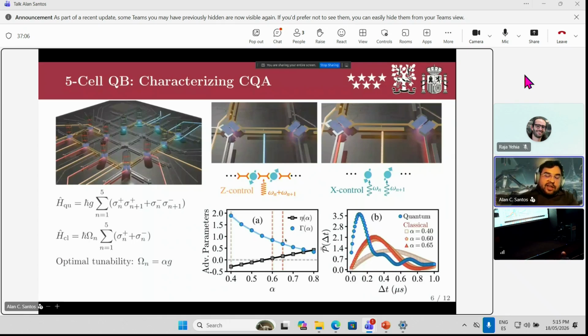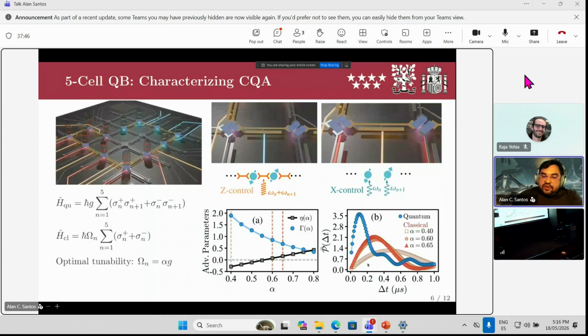So we can check what happens if you have a small alpha parameter. This alpha is the quantum control in the classical battery, okay, because it's a parameter that you can easily change, so you can control it quite effectively. And this is the point, because here, if you have, for example, alpha of order 0.4, you have a very good advantage for the quantum battery, but this is because you are spending more energy, okay? So we have to cross this line to have some good advantage as well, but without spending more energy.